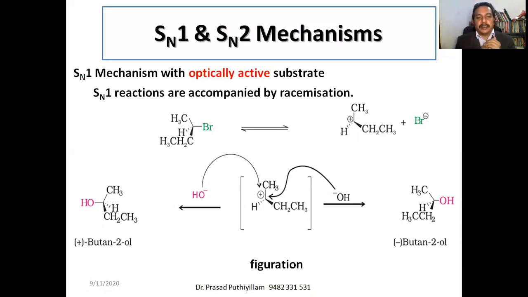So if we check the R and S configuration of these molecules, their property towards plane polarized light is already indicated with a plus and minus sign. And the RS configuration is different. That is just for the observers who draw the structure on a plane or on paper to understand whether it is R or S. That's all. It has nothing to do with the plane polarized light. To give the RS configuration, as we already discussed in earlier classes, we need to give priority to the atoms.